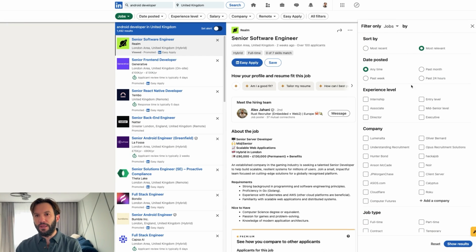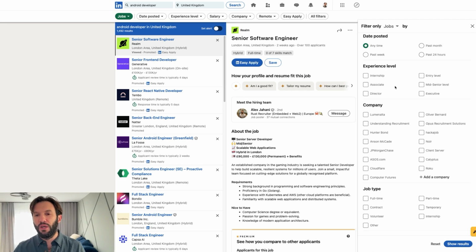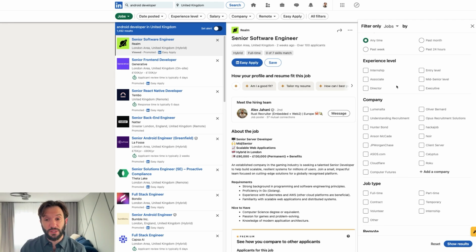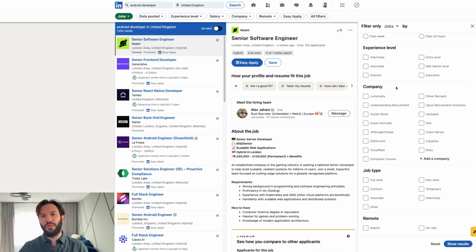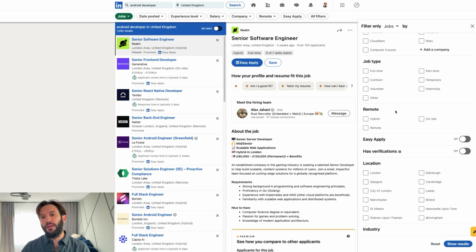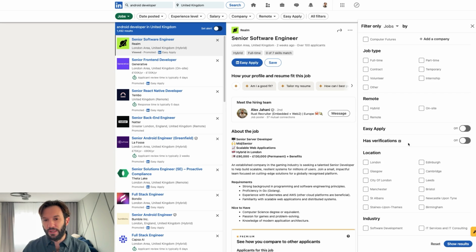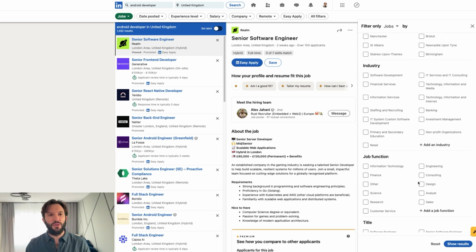So look at these more broadly because you can look at experience levels. You can look at when last it was posted. You can look at specific companies. So if you wanted to choose specific companies, you could. The job type, so whether it's full-time, part-time, contracting, internship, then whether it's hybrid or remote, and the different locations and different industries. So you can literally say, I want to be an Android developer in the fintech space